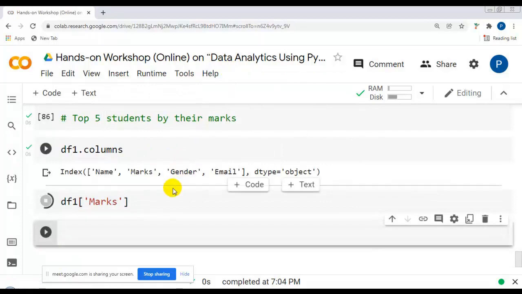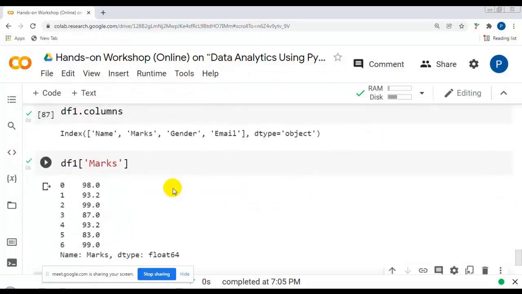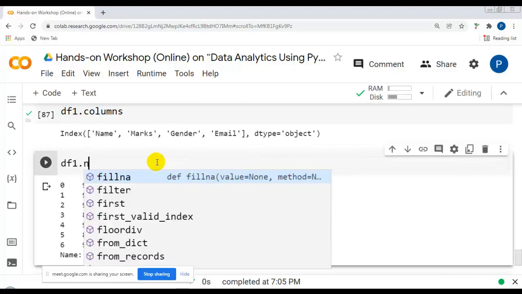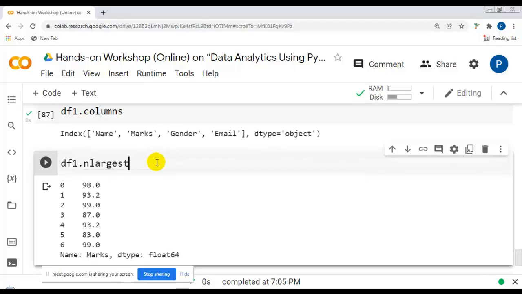You can see this is our marks column that we want to work on. But let me remove this, and on the data frame we can write the nlargest method.